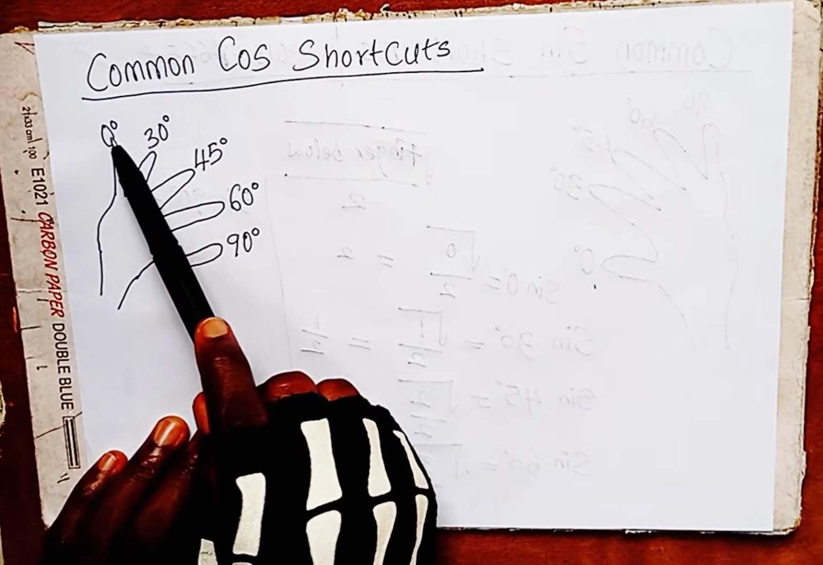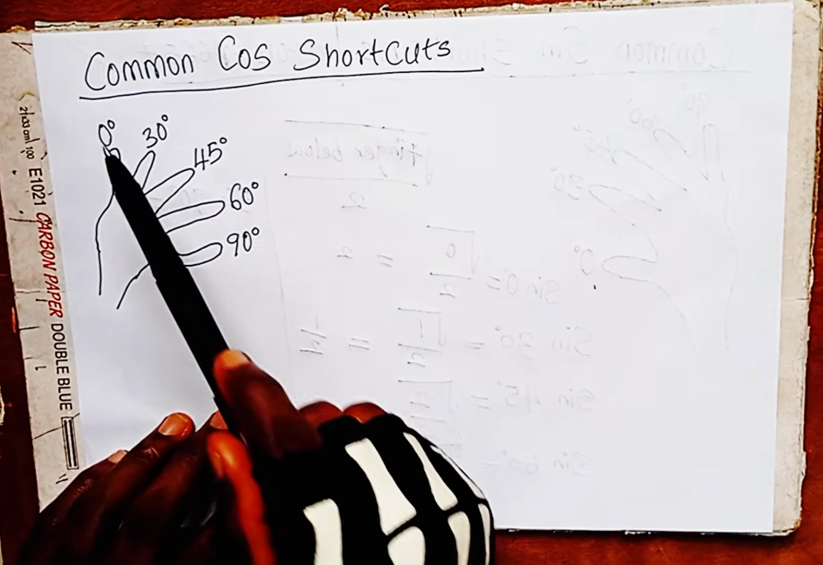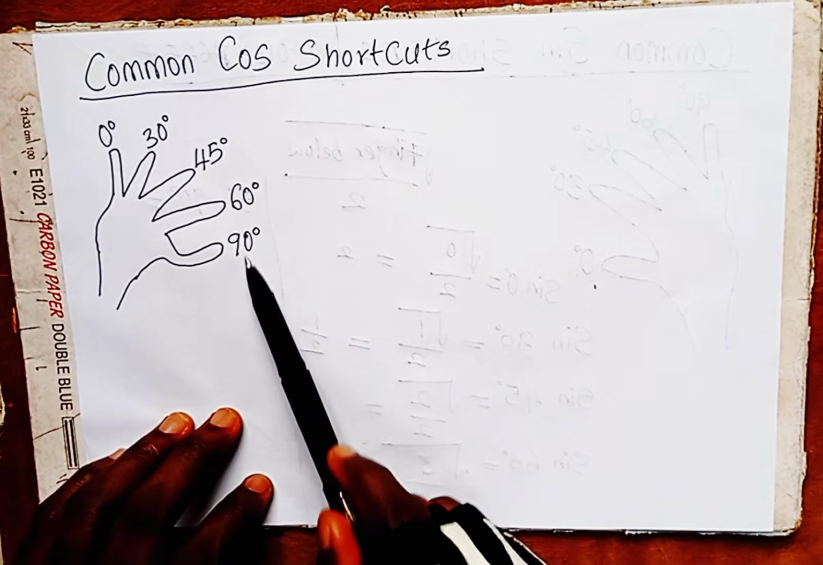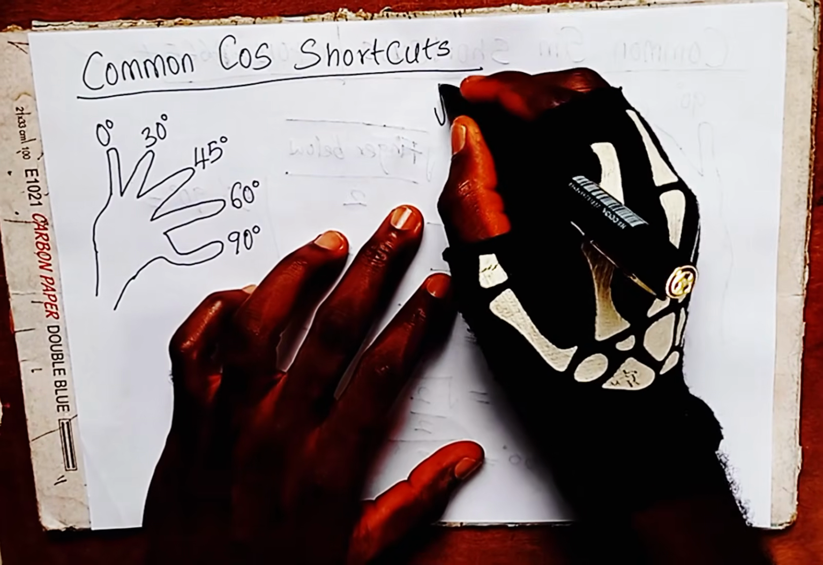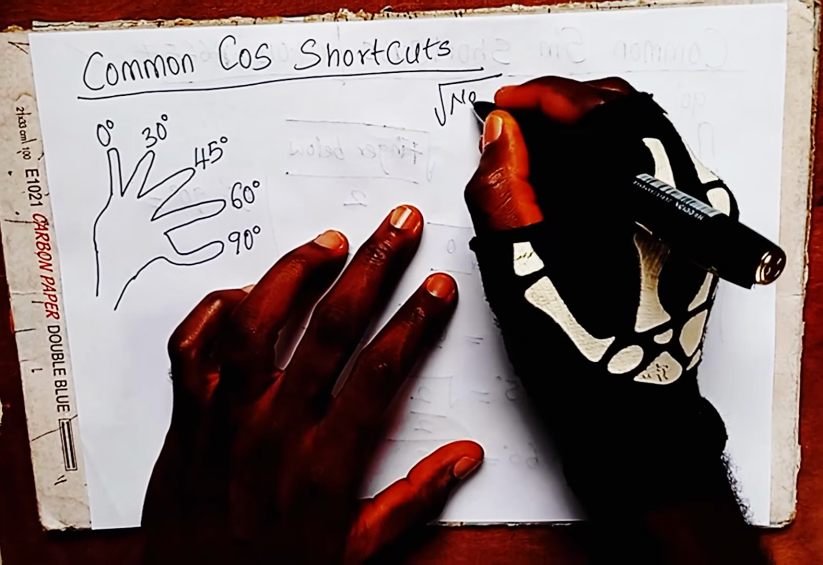Look at it, starting from the pinky finger: 0, 30, 45, 60, 90. So this one is for cos. We are still applying the same formula, which is the square root of